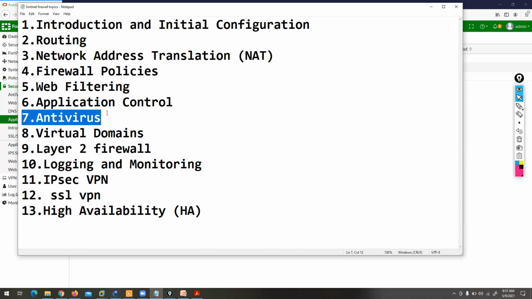In the FortiGate firewall, you have an antivirus signature database here. As per the database, if it detects a match, it will match the information. For example, a user is trying to download a file and the file is infected with a virus. The FortiGate firewall will scan the file and verify it against its signature database. The file is infected with a virus, so you cannot download it. It's blocked.